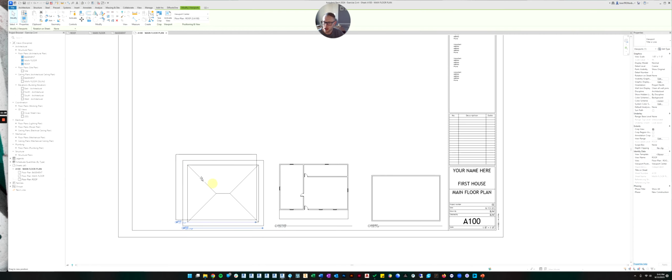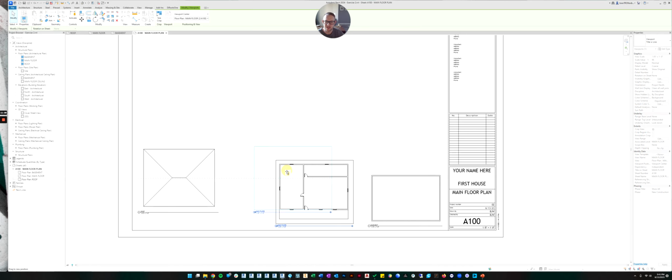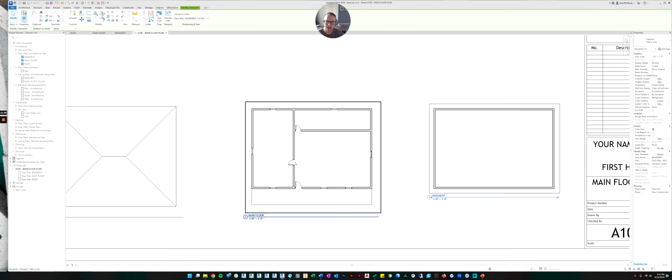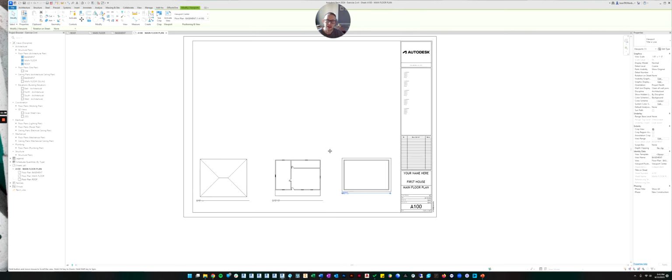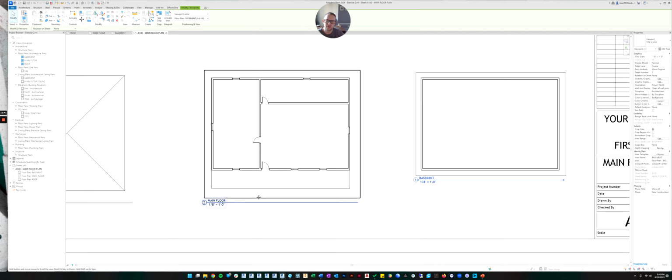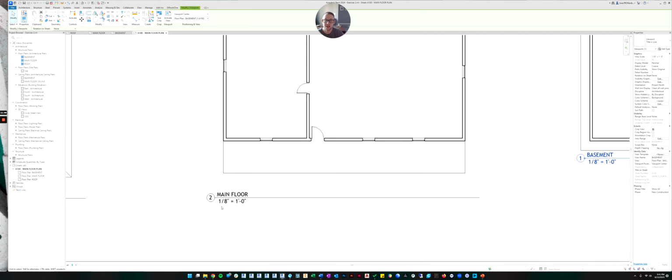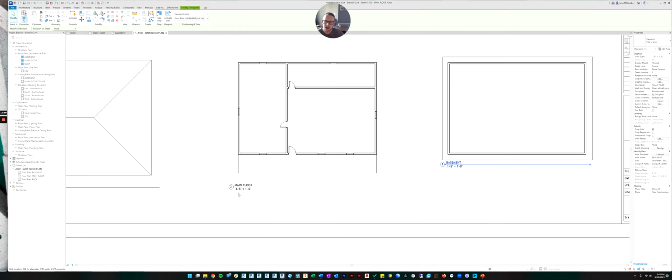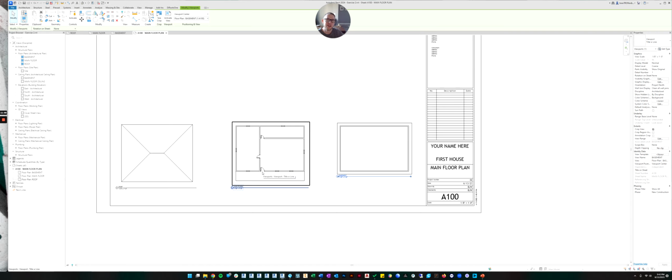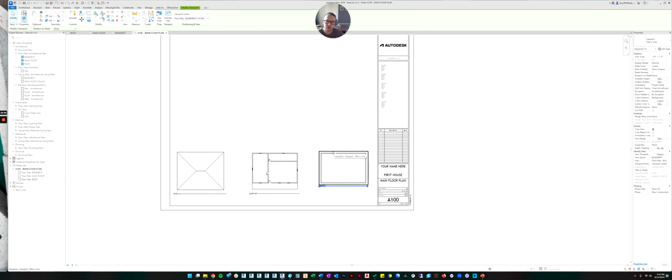Okay, the only other thing I would probably bring up now is how to change the scale. So right now, do you see how the page is huge and our little floor plans are so small? In residential architecture, for a floor plan, it's standard to draw the floor plan at a 1/4 inch scale, meaning 1/4 of an inch on the paper would equal 1 foot in real life. Right now, it's set to 1/8 scale. So 1/8 scale is common in commercial where the buildings are bigger, but for residential, we want to use 1/4 inch. So let's do that.